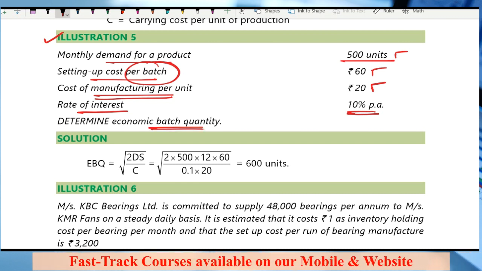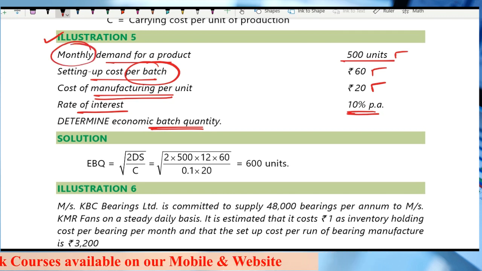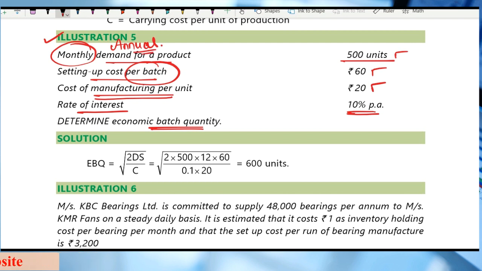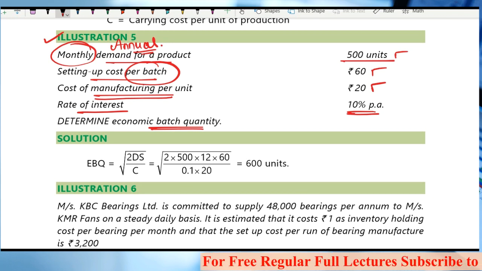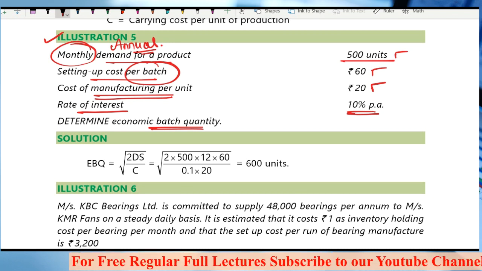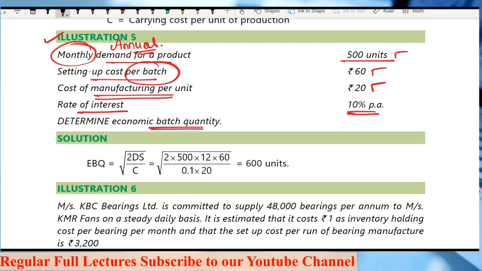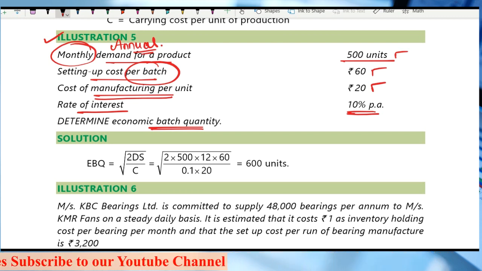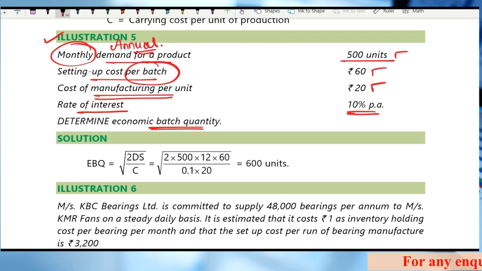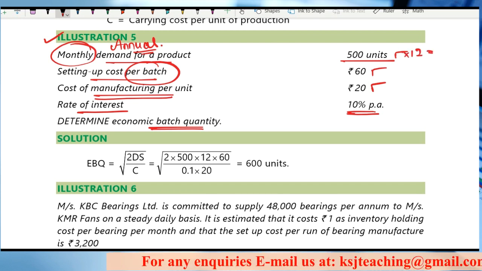Now, first thing, very important, what is given? Monthly demand. What do you require? Annual demand. Now this is one area where a lot of people would commit mistakes. Why? Because we are in a habit of rushing through the question, right? We are not in a habit of reading the question carefully, what is given in the question, and interpreting it in the right sense. What we need is the annual demand for the product, that is the yearly demand. And what is given? Monthly demand, right? So what will be the annual demand? Multiplied by 12, 6,000.